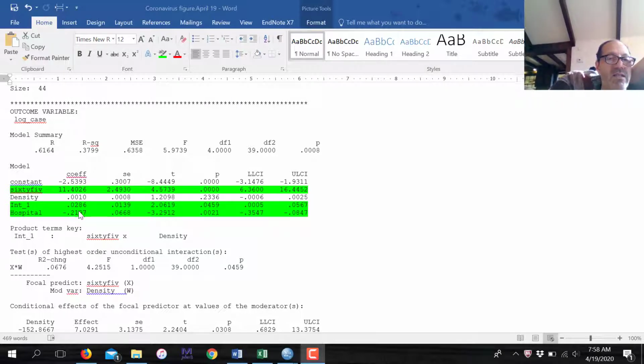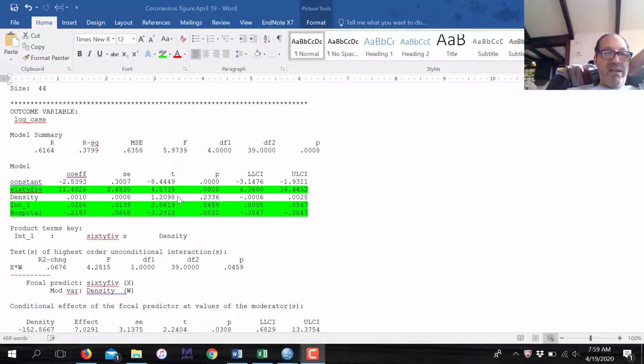So in this case, does population density influence the relation between, and this is a density by proportion of the population 65 or above, so does it influence the effect of population 65 or above on case fatality? Case fatality is natural log transformed to remove some issues we had with homogeneity of variance across the different levels of the predictors. And so we see just by itself as a main effect, proportion of population 65 and above